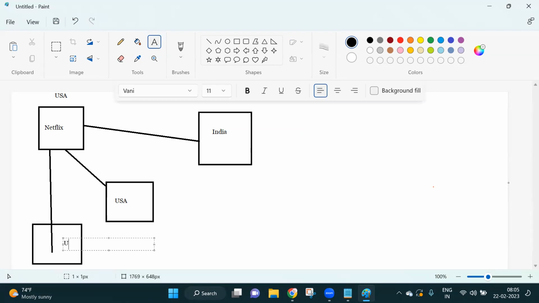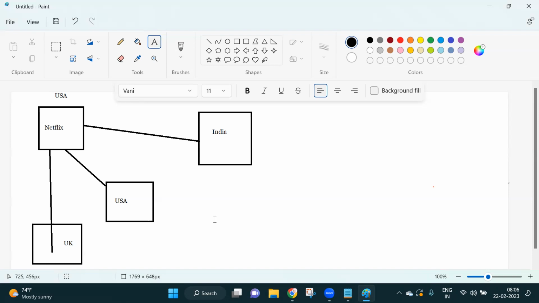Now, my question is, who will get more performance, guys, while they use the Netflix application? Whether an Indian customer, a USA customer, or a UK customer, who will get more performance? Based on count? No, Prashant.